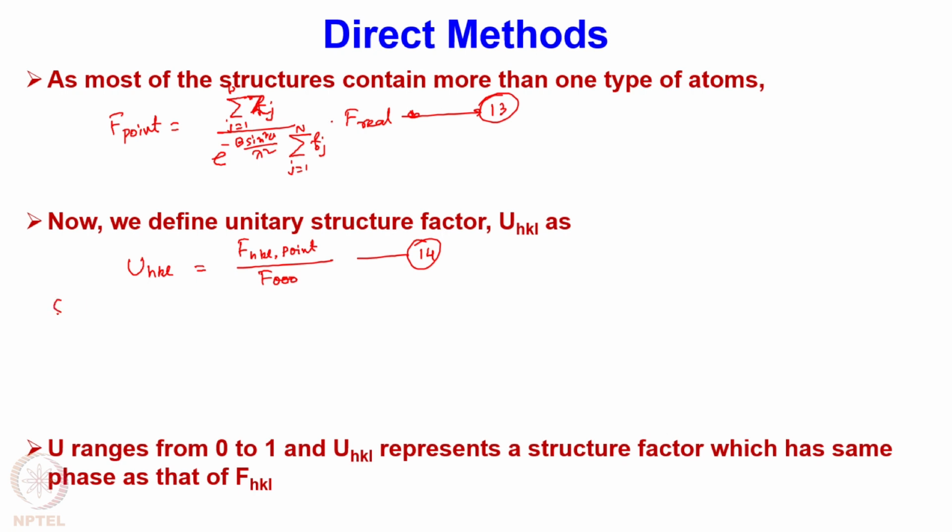So using equation number 13 and that sum over j equal to 1 to n Zj is equal to F triple naught, we can write